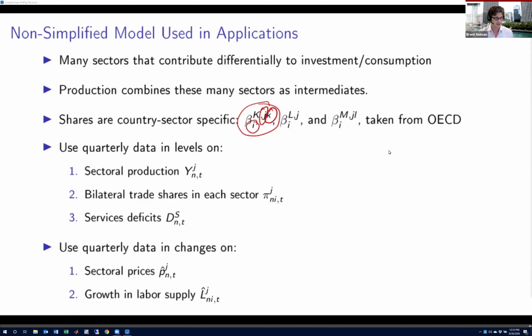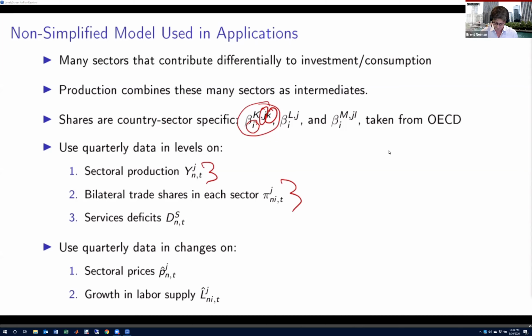Okay, so that's the idea on the richness. And the rest of the data requirements might feel or seem quite daunting, but it's not so tough. You really need sectoral production, which you can usually get for many, many countries from sources like the OECD or the World Input-Output Table or the Trade and Value Added database. You need bilateral trade shares in each sector. You can get that from lots of different sources, including